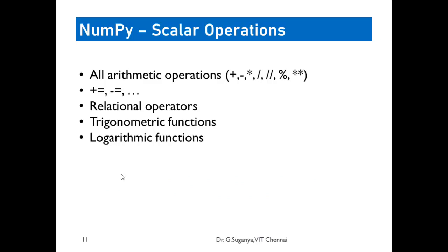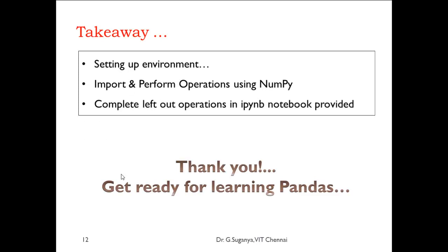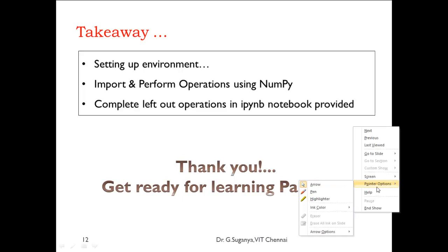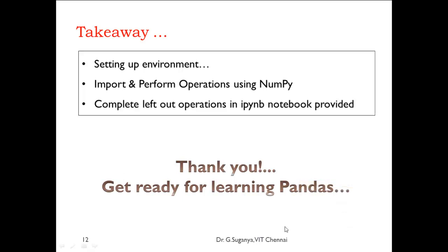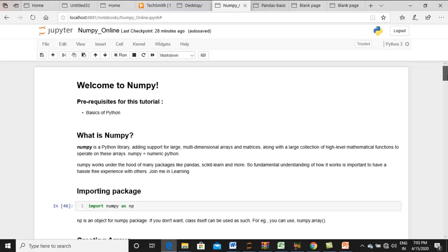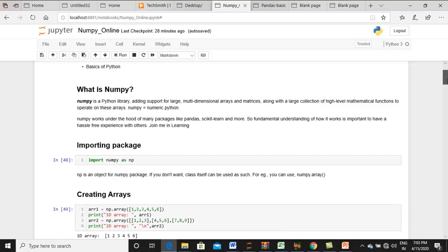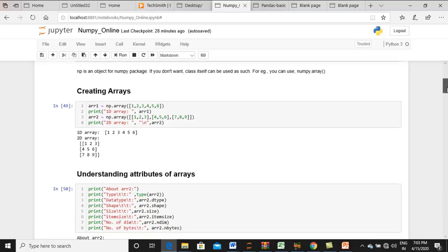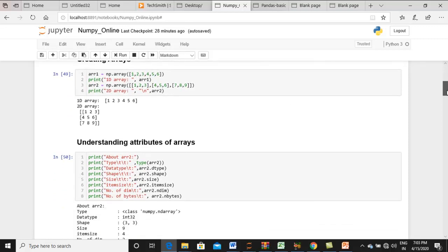And you have vector operations supported too. What are the vector operations? Inner product, outer product, dot product. Okay, so those are also readily available. If you want, you can use them, right? So before completing the session, let me show you how all these operations are implemented in Jupyter Notebook. I'm going to attach it as a downloadable file. You can download it, upload it in the installed Jupyter Notebook and have a look. For every operation, I have given the comment followed by the output also.